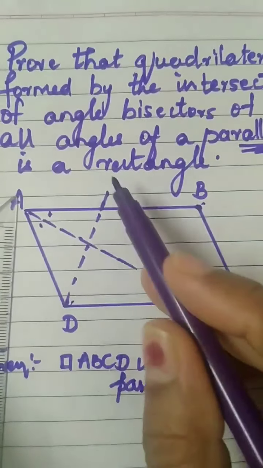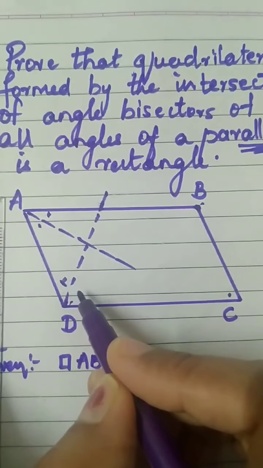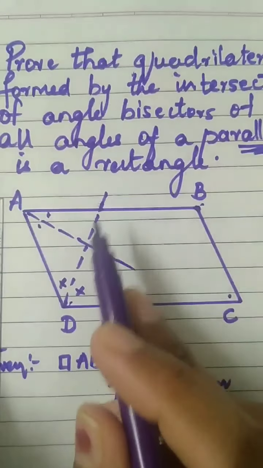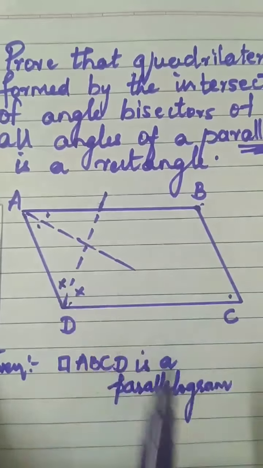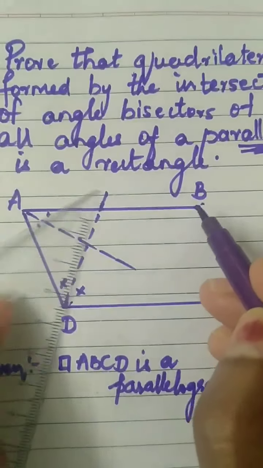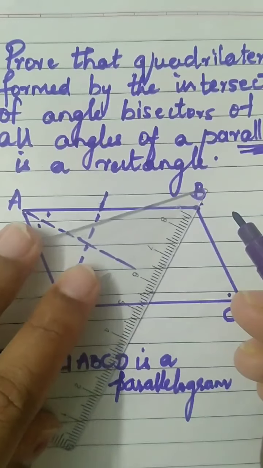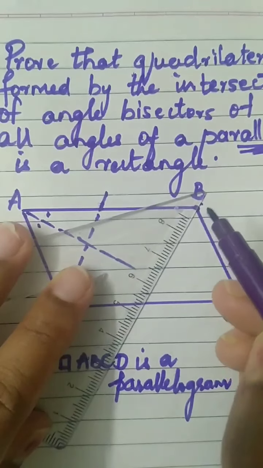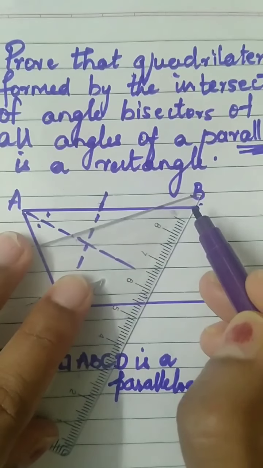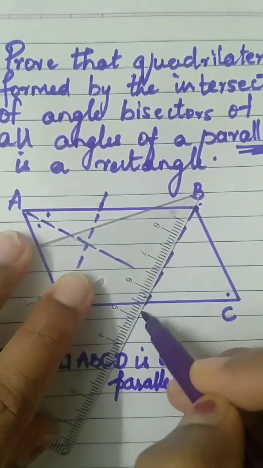So this angle bisector and this angle bisector intersected. Again, to show that it is an angle bisector, I'll show two identical marks. This has divided the angle into two equal parts. So angle bisector of A is over, D is over. Now I'll show the angle bisector for angle B. So this way we'll show the angle bisector, dotted lines.